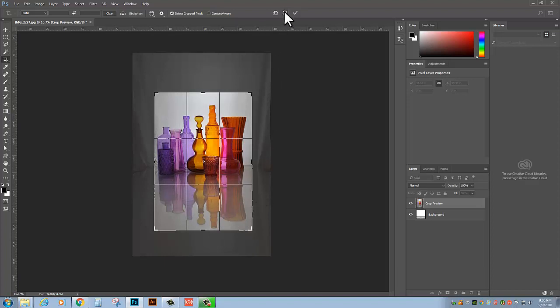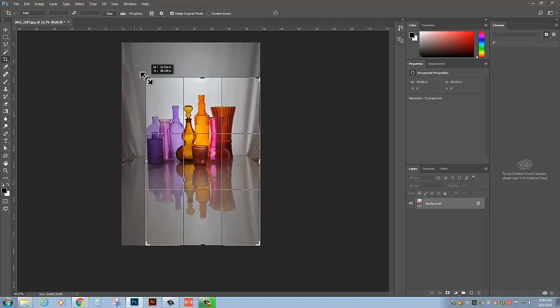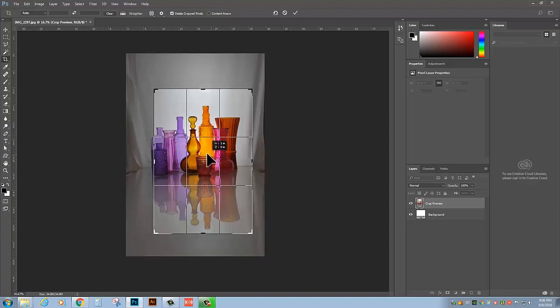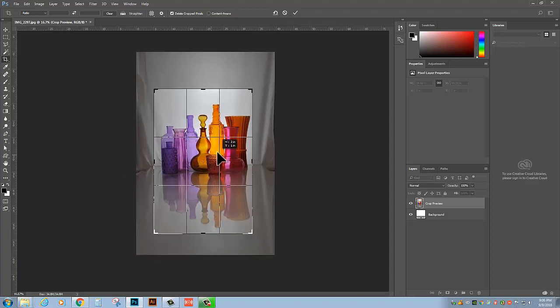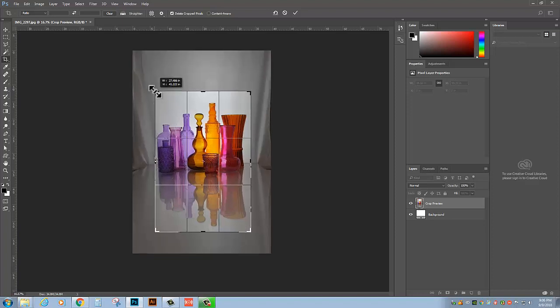I'm going to go ahead and cancel that and show you what I usually do. Usually I hold down the Shift key, which constrains the crop tool to the same proportions as the original photos. And the reason that I prefer to do it that way is because if I ever want to have this